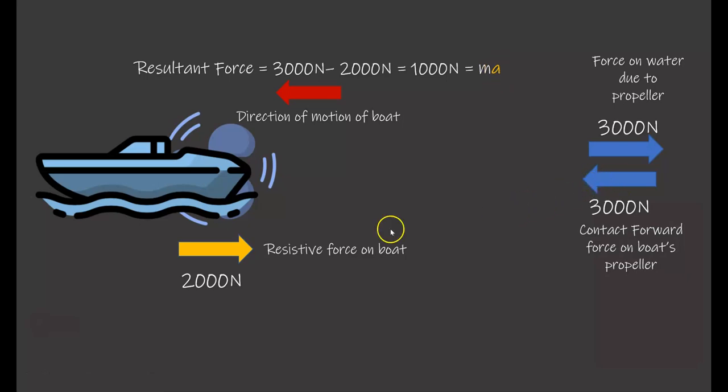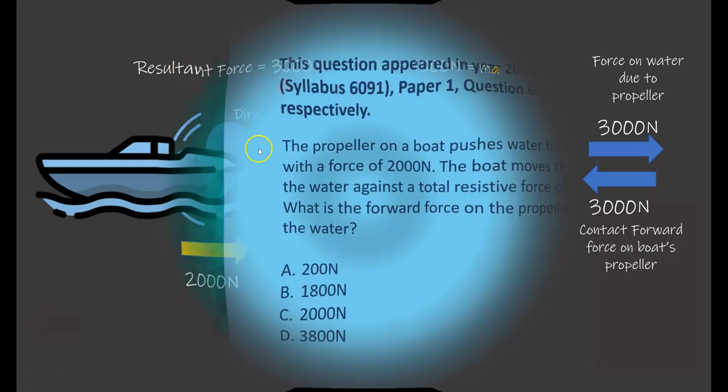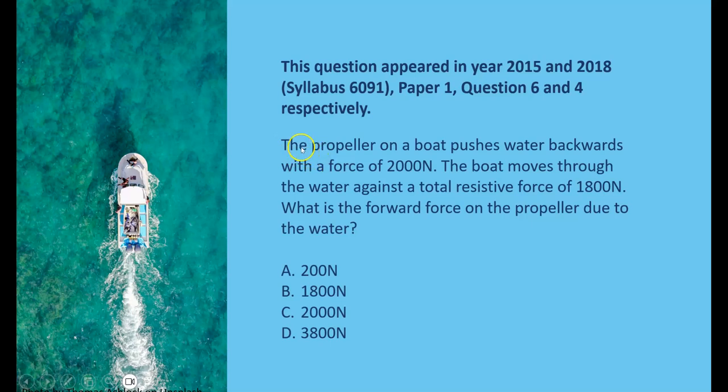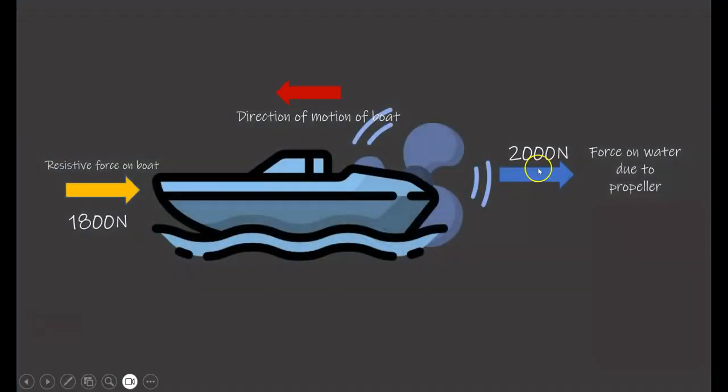Now that you have understood the forces acting on a boat that works with a propeller, you are now ready to try out a past examination question that has been tested at least twice in year 2015 and year 2018. This is a tricky question that asks for the forward force acting on the propeller due to the water, which is the contact force that is equal and opposite to the 2000 Newton acted by the propeller to push the